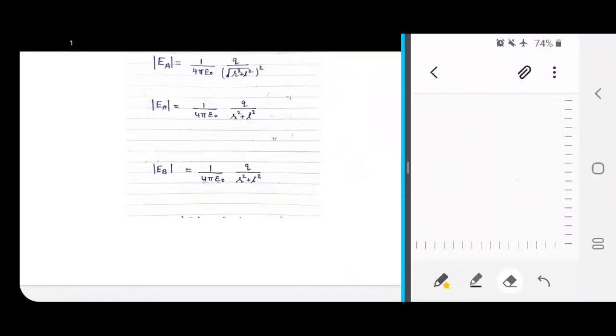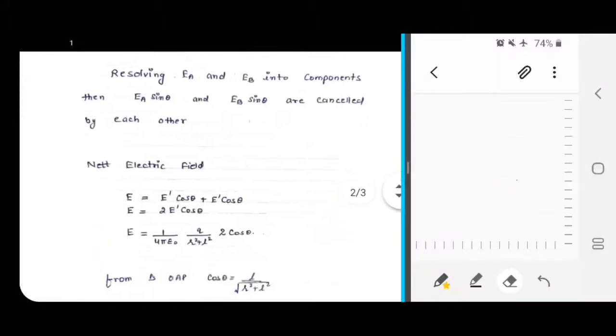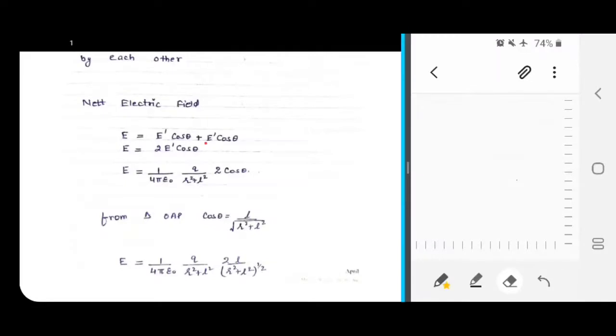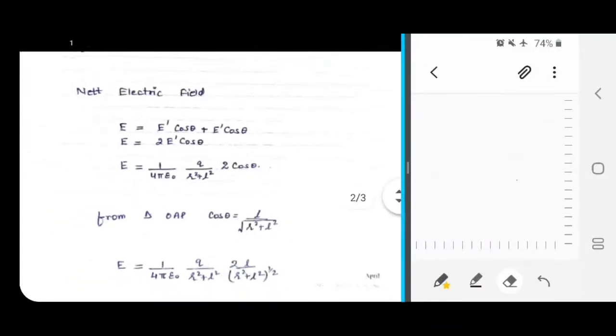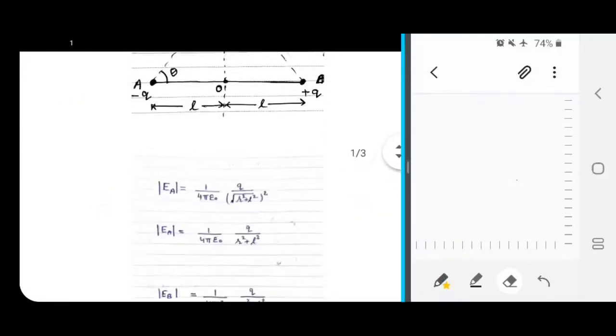So the magnitude is 1 upon 4 pi epsilon naught, Q upon r square plus L square, and 2 into E dash cos theta becomes 1 upon 4 pi epsilon naught, Q upon r square plus L square, times 2 cos theta, where the 2 is coming from here. To find the value of cos theta, we use the diagram,